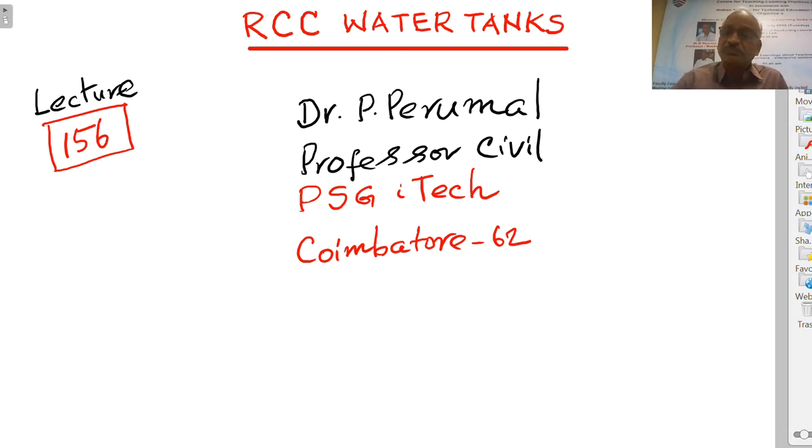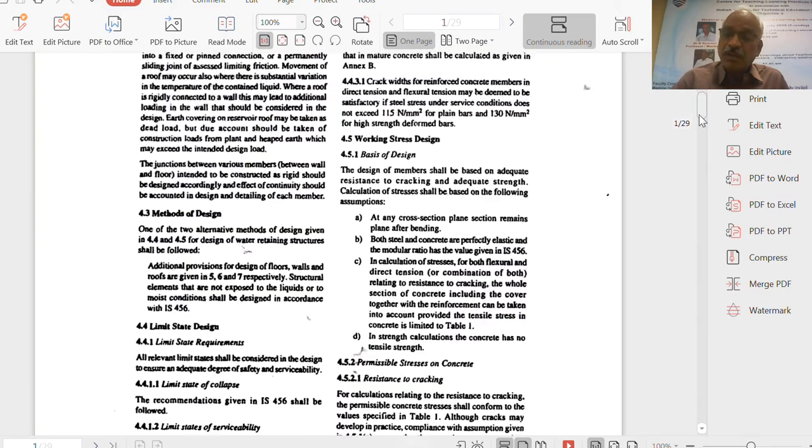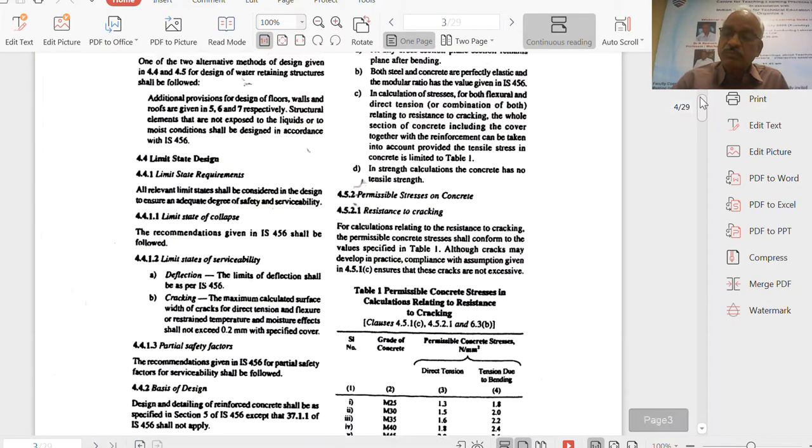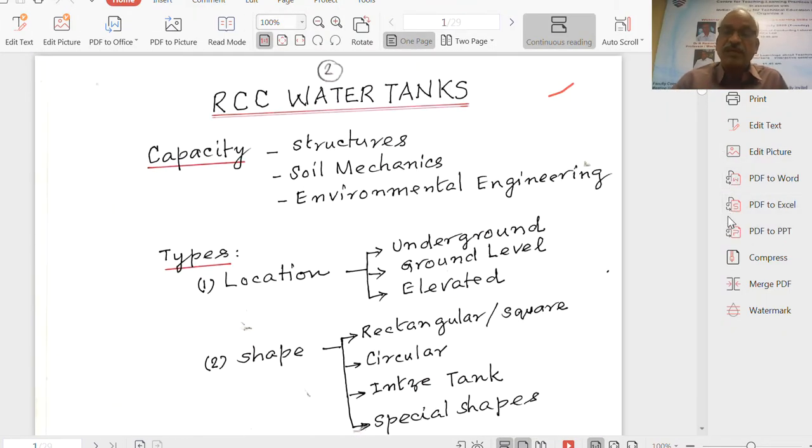Now here we will take up water tanks. Now in water tanks, depending upon the location, we have got underground tanks, ground level tanks, and elevated tanks. So depending upon the location, depending upon the shape, the tank can be rectangular in shape